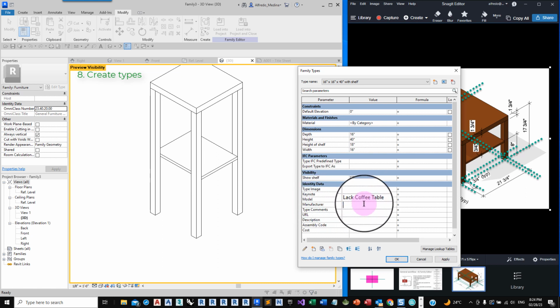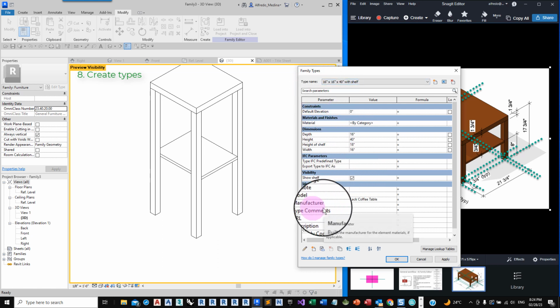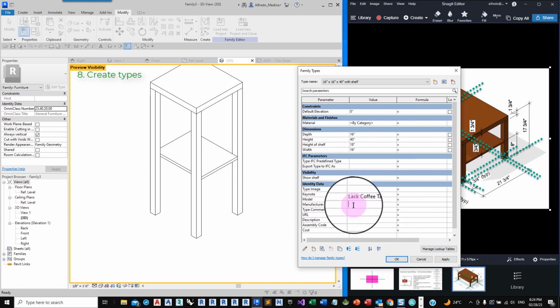So let's suppose that these two types are not made by the same manufacturer. So we remove that, and if necessary, we type something else. And for the model number, we can say tall stand for projector or something similar, right?